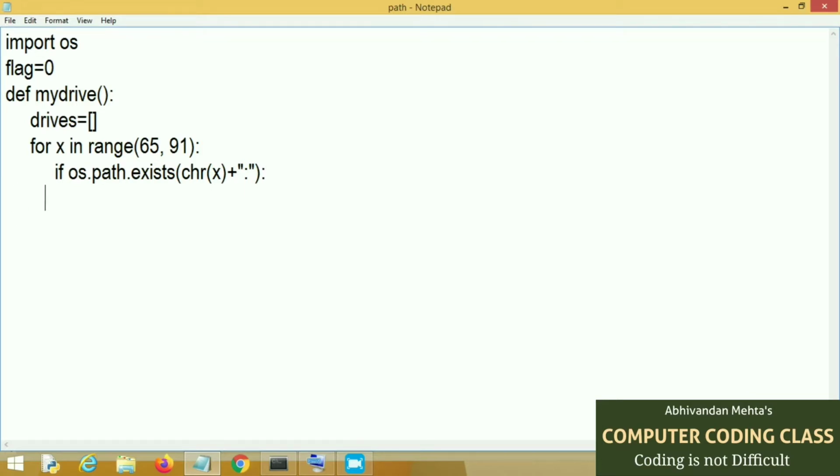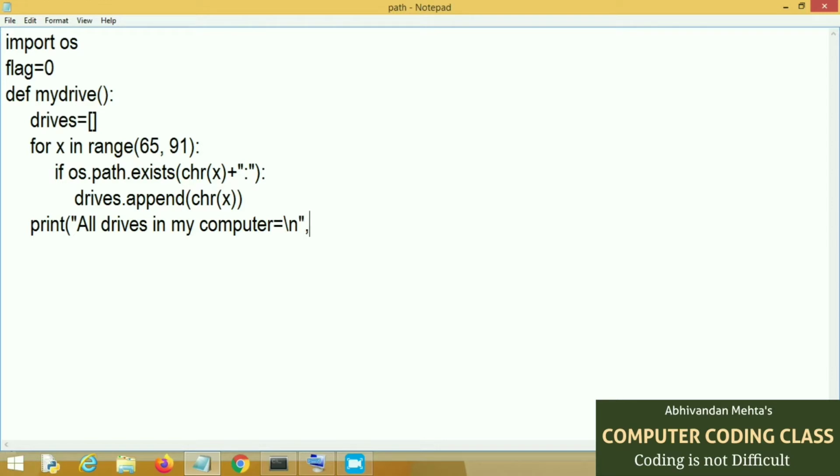If that drive is present in our operating system, we append that drive character into our blank list whose name is drive. After scanning the whole system from character A to Z, we will print all available drives.